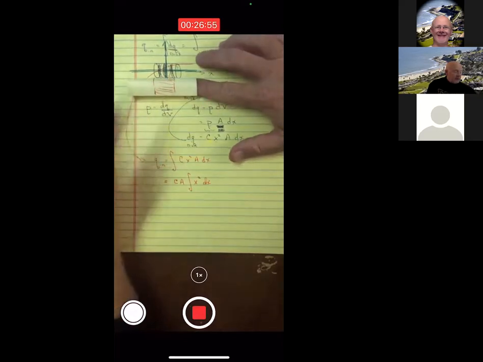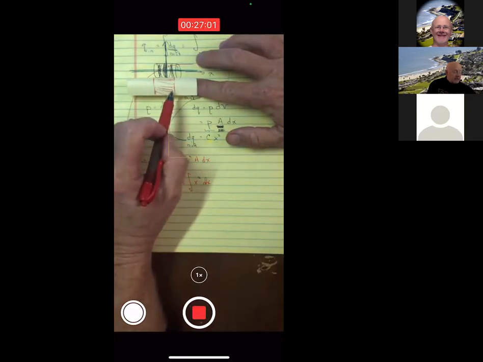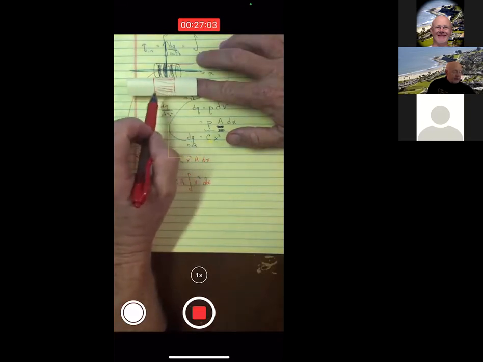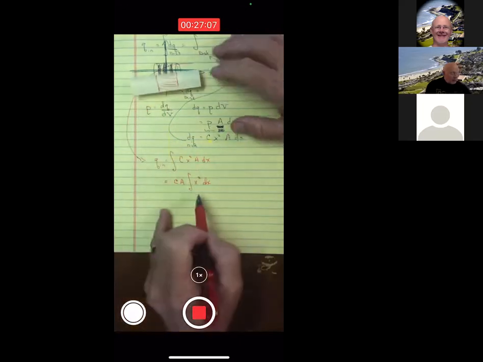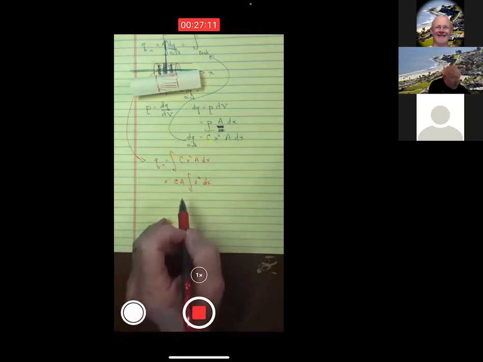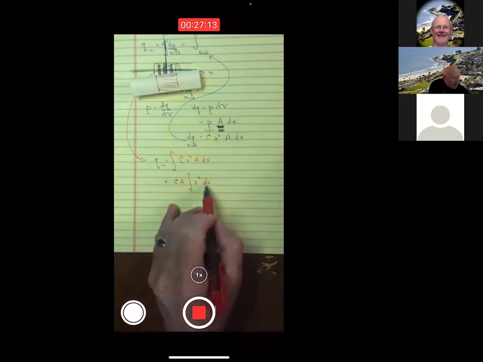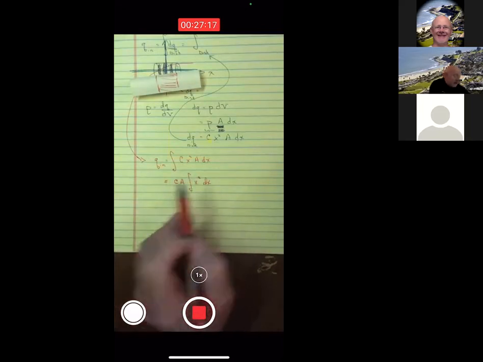Now, the limits, we could go from minus d over 2 to plus d over 2, since we would want to cover the whole thing. Although you probably remember from your calculus class that if you have a symmetric integral, you get the same thing in the negative axis as the positive, and that's what we have. So you could just go from 0 to d over 2